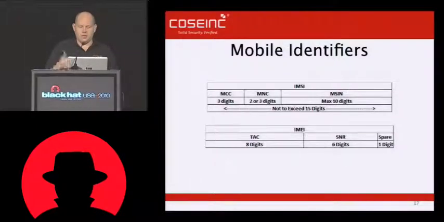So, for example, in the US, I think the mobile country code is 310, and the mobile network code for T-Mobile is 26, right? So, by having those values, I can know that a particular IMSI is from the T-Mobile in America network,